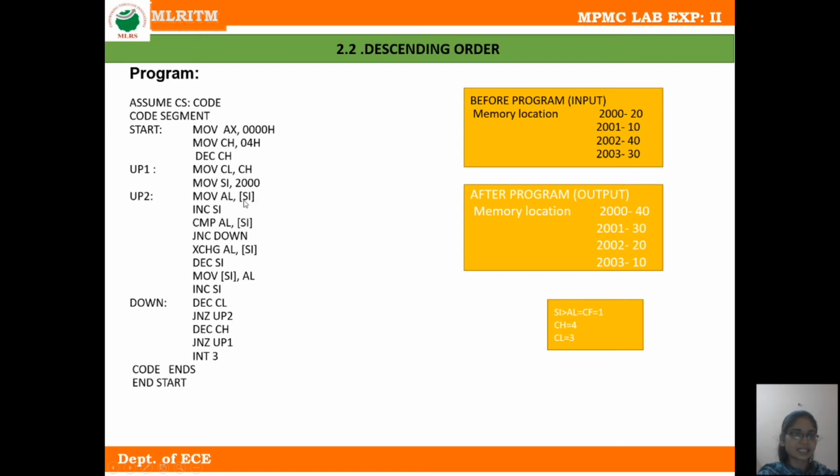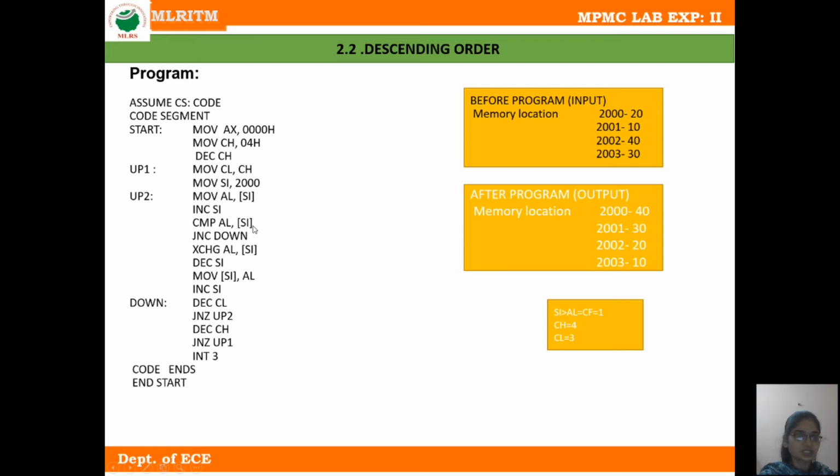The brackets indicate memory, and the content of SI indicates the memory location. So in this instruction, the content of the memory location pointed to by SI, which is 20, is moved into the AL register. The next instruction is incrementing SI. After this instruction, the content of SI is incremented by 1, so the content of SI is 2001. The next instruction is compare AL, brackets SI.